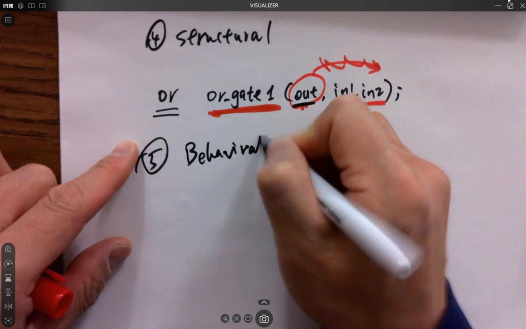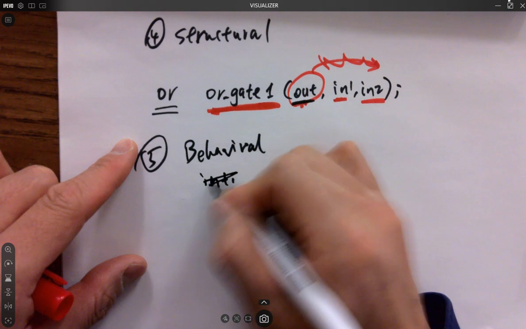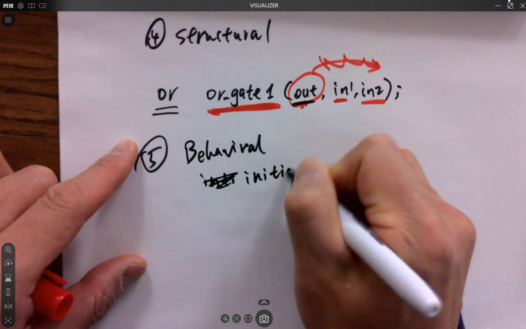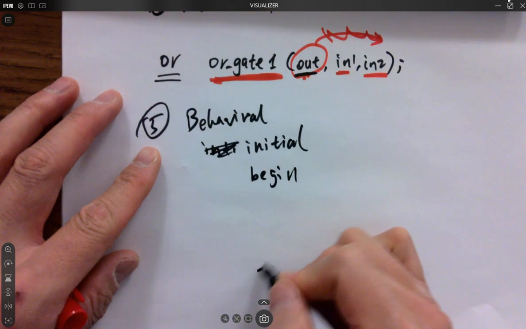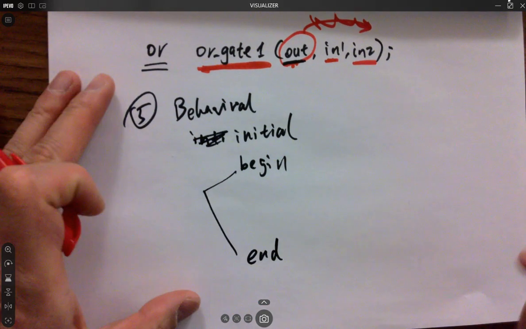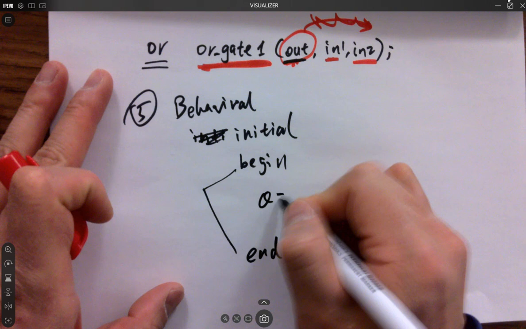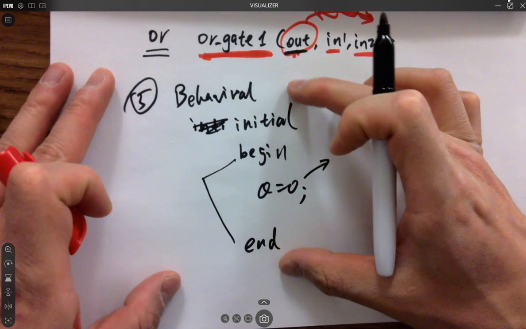Behavioral. Initial is a keyword. If you have a begin, you have to wrap it with end. Keep in mind, begin, end. Okay. Q is 0. Keep in mind, when you are modeling the submodule,